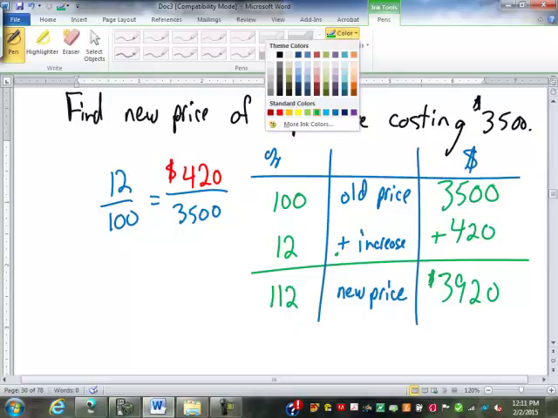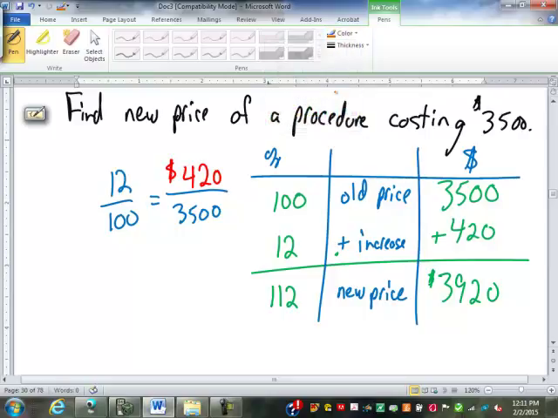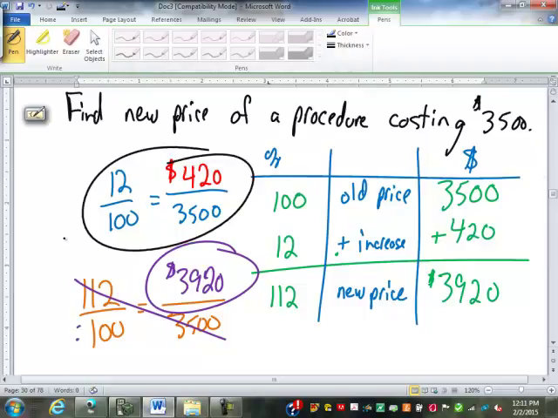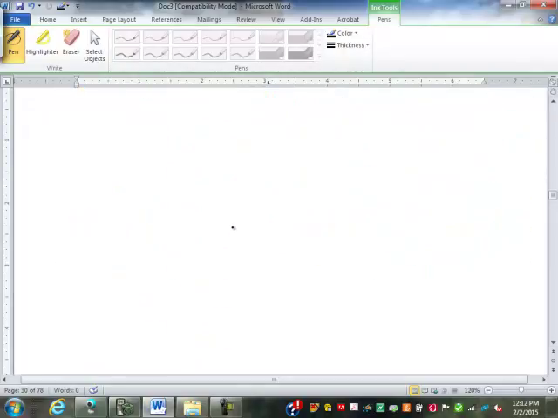So rather than finding the 12% and adding it on, we could have just found 112% of 3,500. And when we cross multiplied and divided, that would have given us 3,920 in a single calculation. Now, once again, this problem could be easily done either way, finding the 12% and adding it on, or just finding 112%. But we can run into a problem like this, where